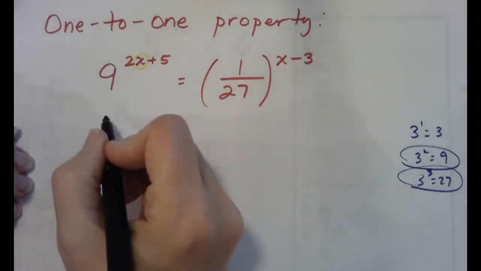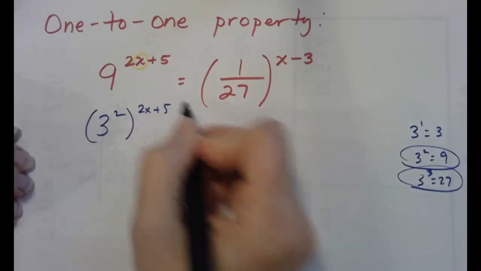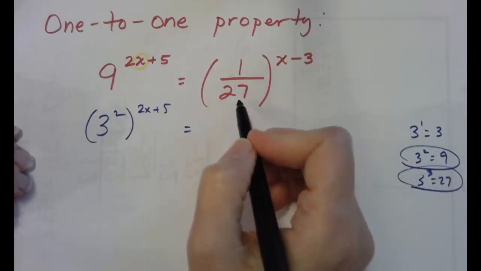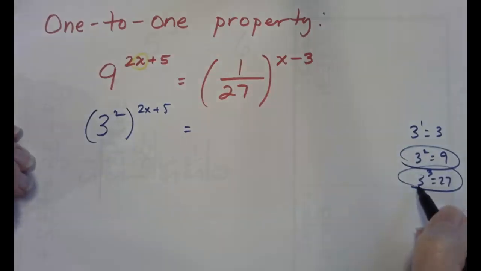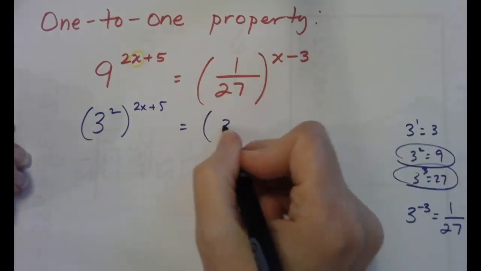So 9, of course, is 3 squared. So I'm going to put that in for the 9. And then 1 over 27. So since 3 to the third is 27, 3 to the negative third is the reciprocal of that, 1 over 27. So I'm going to make that substitution for the 1 over 27,